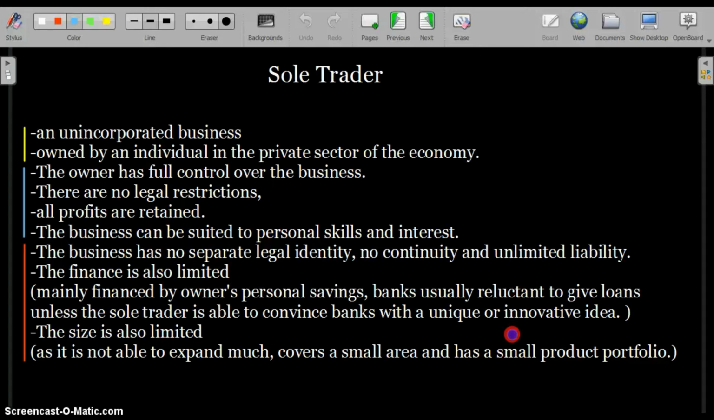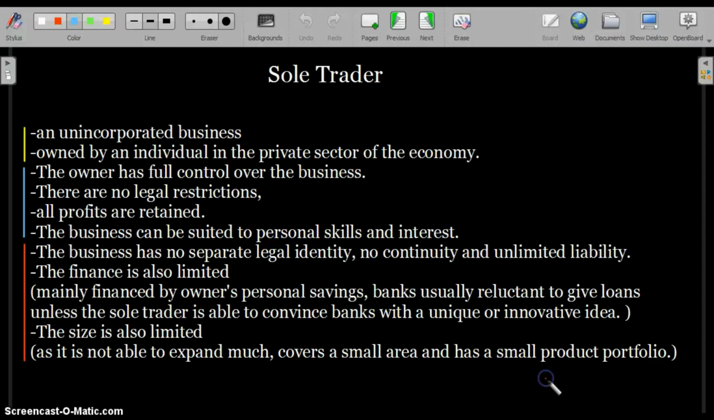It is not able to expand much, covers a small area and has a small product portfolio. So it is not able to cater to a wide market. The market is also very small, so there's less sales revenue, and hence less profit as well. And that's all about sole traders. So let's move on to